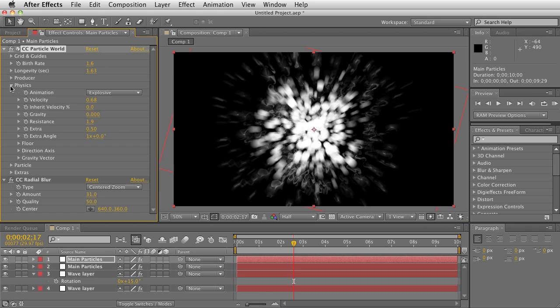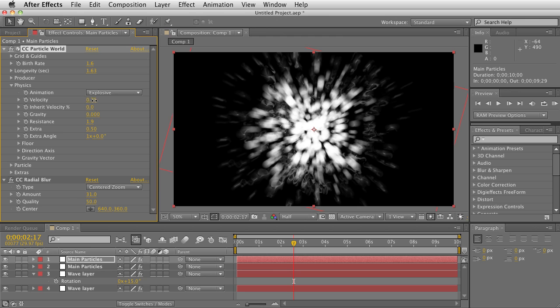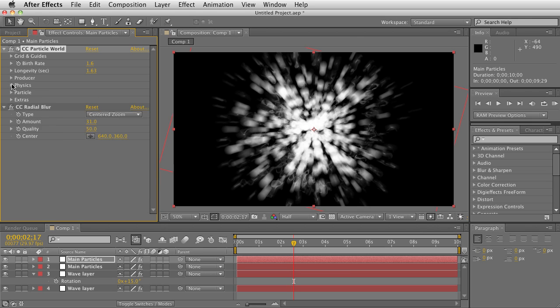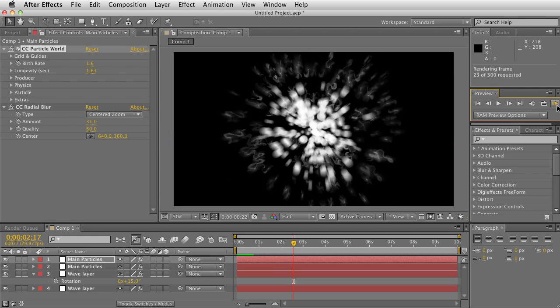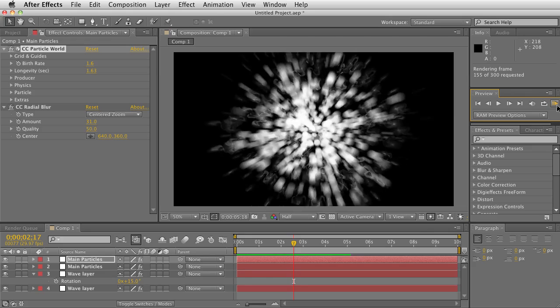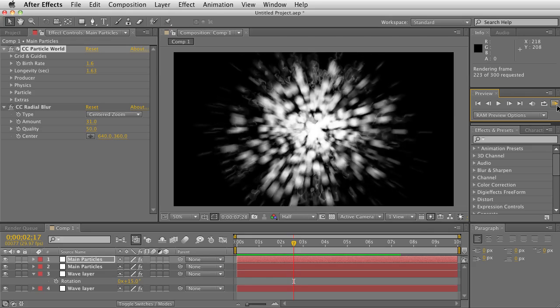And let's increase the velocity just a little bit. Okay. So now, what this is going to do is we want this to go inside the center point, not outside